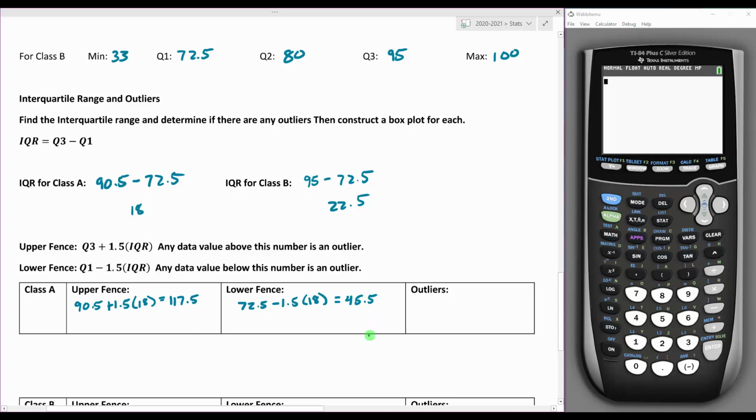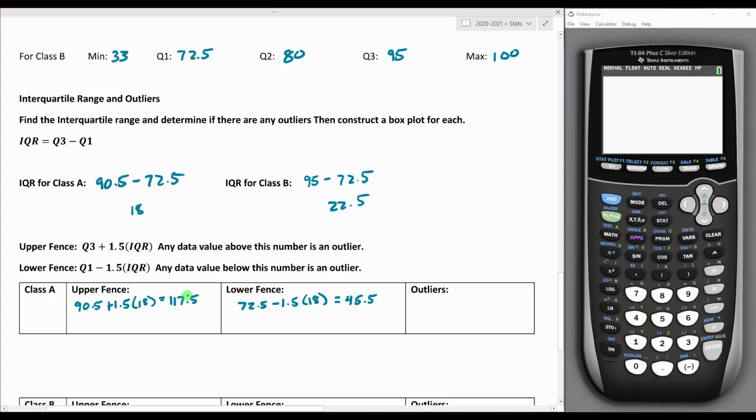The upper fence, like I said, they call it a fence because it acts just like a fence. You're either on one side of the fence or the other. For the upper fence, if you are bigger than 117.5, you're an outlier. We did not have any test scores that were bigger than 117.5, so there's no outliers on that